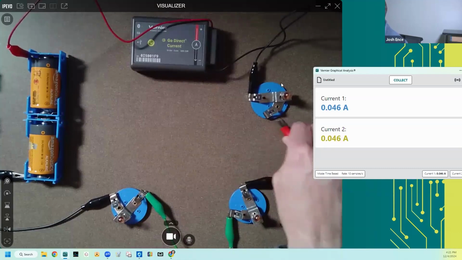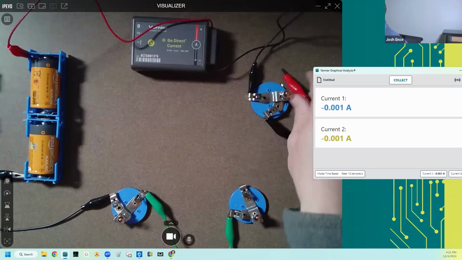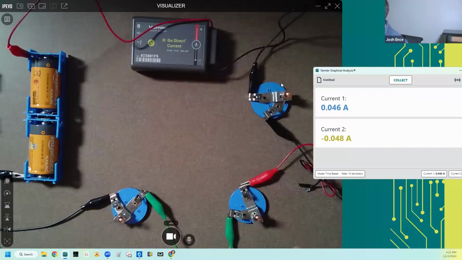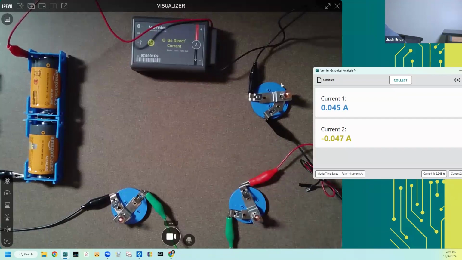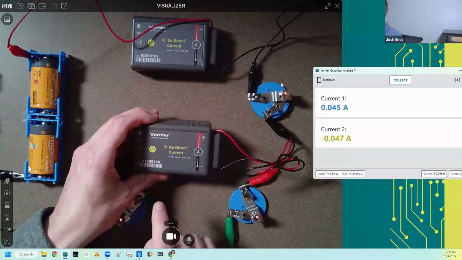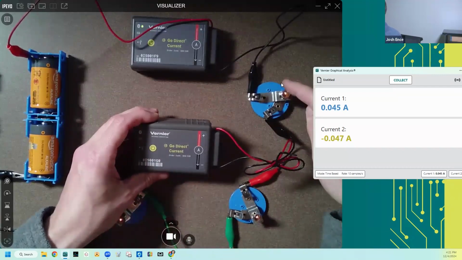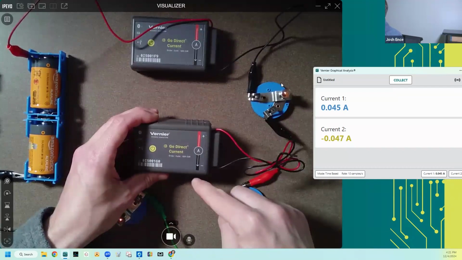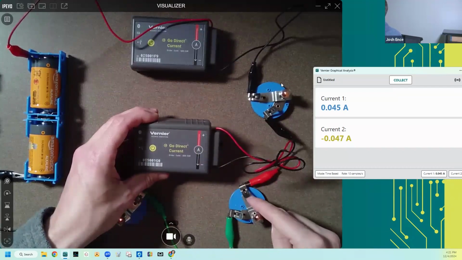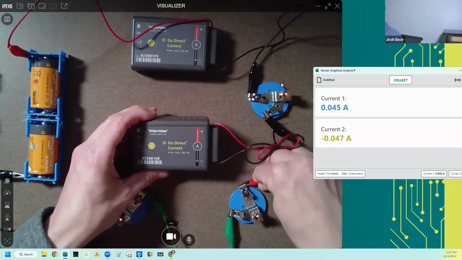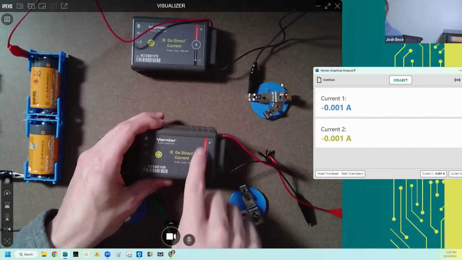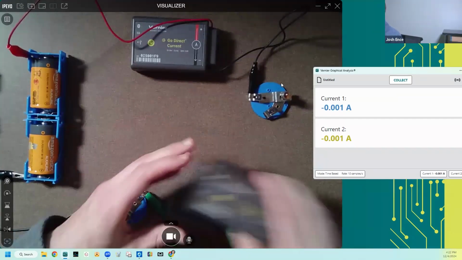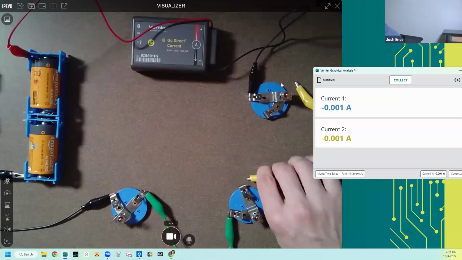And we want them to see that depending on which way they connect the red and black leads of the current probe, they get a positive or a negative reading. And that positive or negative reading tells us which direction the current is flowing through the current probe. Right now, this current probe is reading negative, and that's because current is flowing through the black lead, backwards through the ammeter, and out the red lead. And so I get a negative reading there. We want students to connect that idea that there is a direction to the current and that these ammeters are designed to tell you that direction. We want them to understand that.